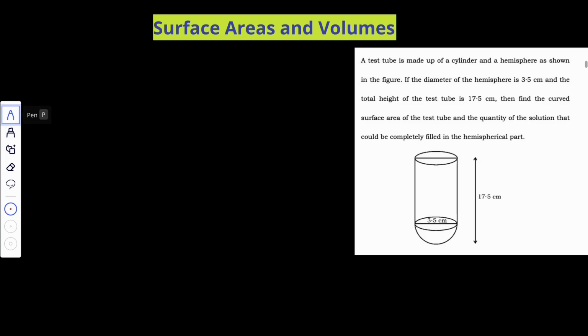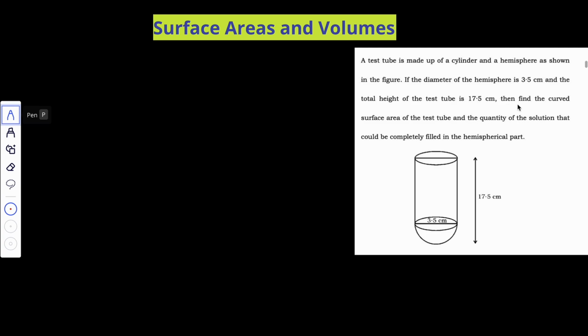Today we are going to solve some problems in surface areas and volume. First sum: a test tube is made up of a cylinder and a hemisphere as shown in the figure. Here there is a cylinder and there is a hemispherical bottom. The diameter of the hemisphere is 3.5 centimeter and the total height of the test tube is given